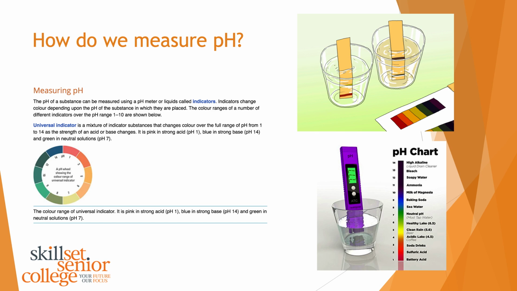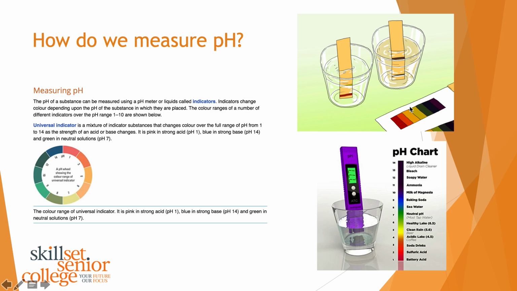So hopefully when we get back to class we can look at this in person. It's quite interesting. We'll get some household items, okay? We'll look at some bleach, some soapy water, we can look at rainwater, we can look at some Coca-Cola, coffees, and we can check the pH against them all and see if we can measure any differences.